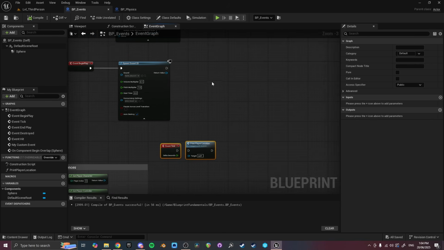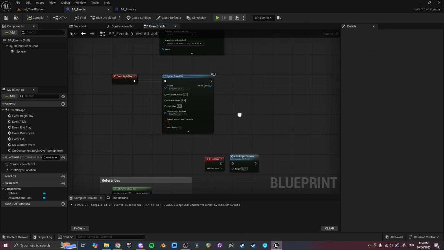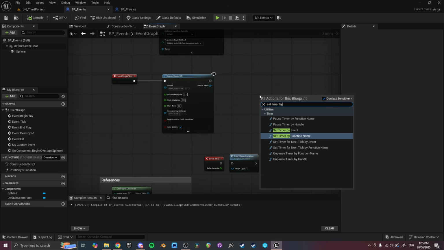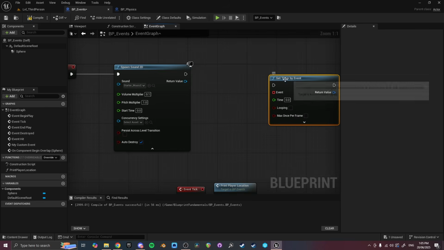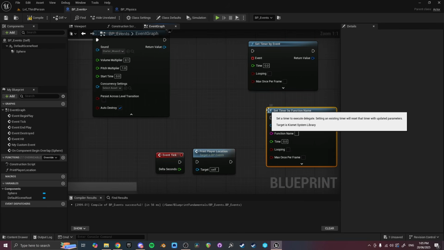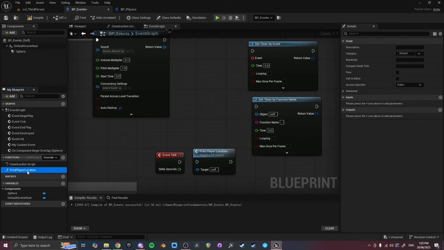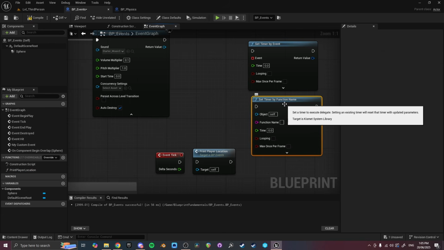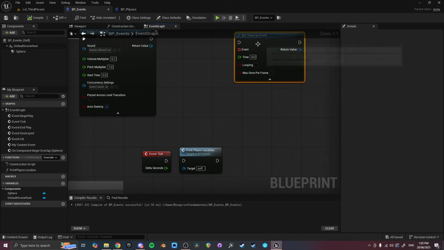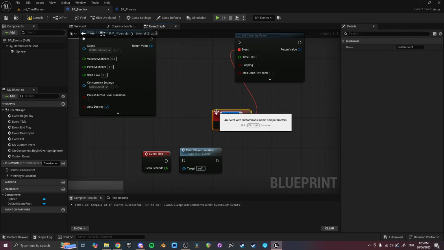We use a thing that's called a timer. The way that we use a timer, we use this node which is called set timer by, and you can use function name or you can use event. By default, I always use the event one because I don't like manually typing the names in for the function. If you say set function by name, you've got to put a name in, and then copy the name of the function down there into there. But sometimes I like to change the names of things, so I don't like to do that. I use set timer by event, and then you can drag off this event pin here, type in custom event,